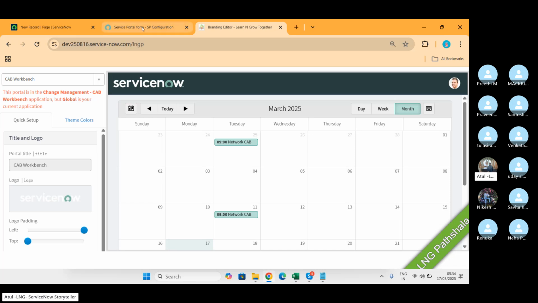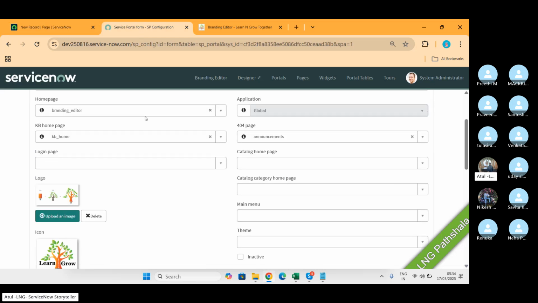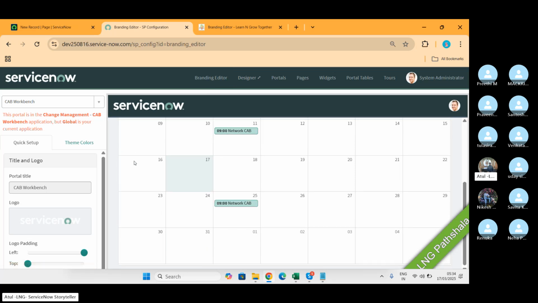Now, if I go back here to my portal, sorry, we are here. I want to change it. I want to brand it. Click on the branding editor. And now you can make a change in this.